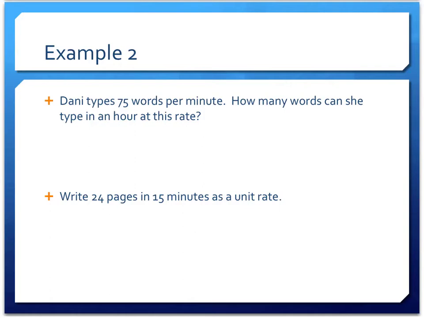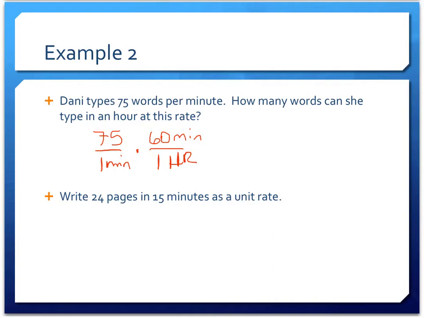So instead, we need to use a different method, which is an algorithm. So to do this, we're going to first take the 75 words per minute and write it as a ratio. So I'm going to take 75 words per 1 minute. And then what I can do is I can take that times a conversion rate. So we know that there are 60 minutes in 1 hour. So I'm going to put the 60 minutes diagonally from the 1 minute,